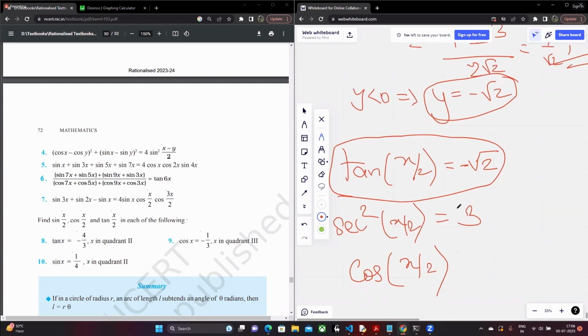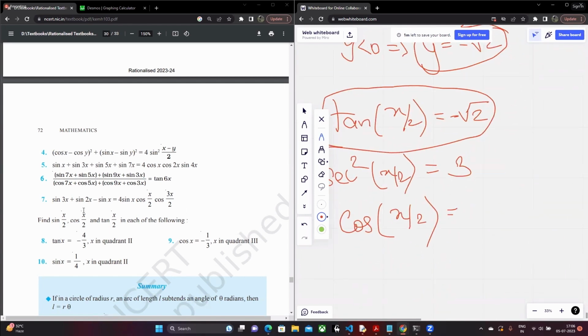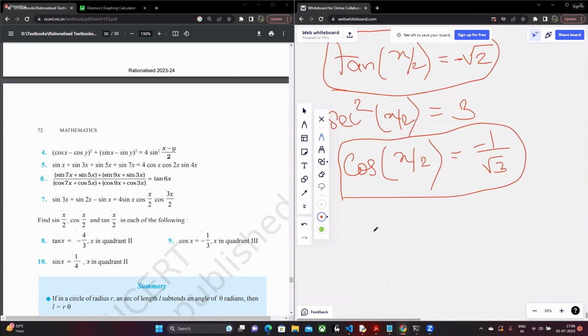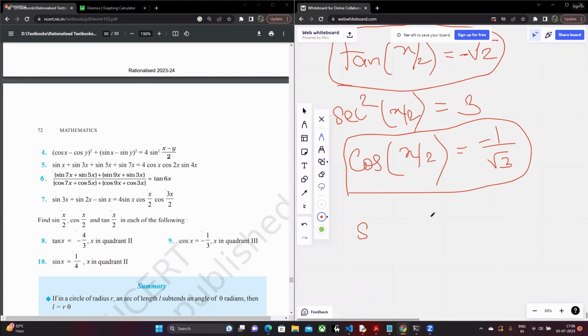So cos of x by 2 is going to be, since x by 2 lies in the second quadrant, this is negative, right? Cos of x by 2 is going to be minus 1 by root of secant square x by 2. That is going to be minus 1 by square root. Right? Therefore, sine of x by 2 is going to be tan x by 2 into cos x by 2. That is going to be square root 2 by square root